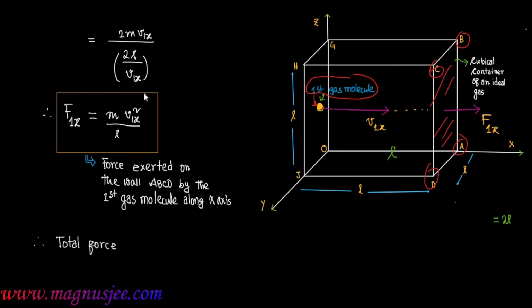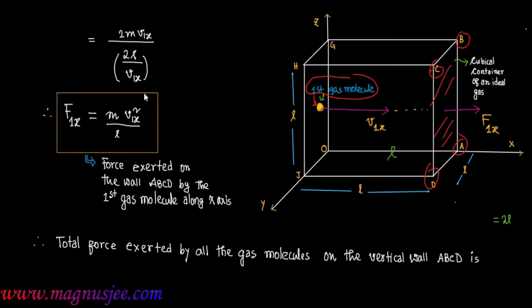Therefore the total force exerted by all the gas molecules on this wall ABCD along x-axis will be what? The total force exerted by all the gas molecules on the vertical wall ABCD